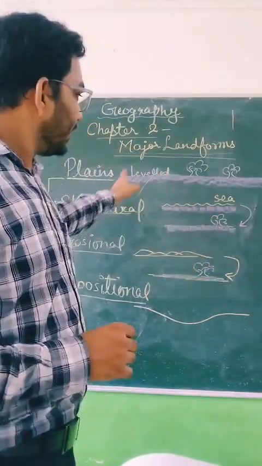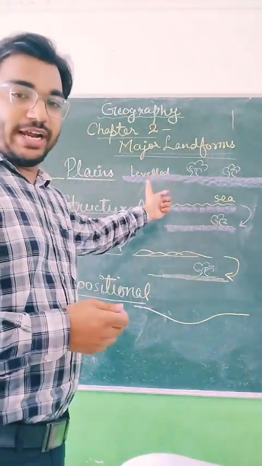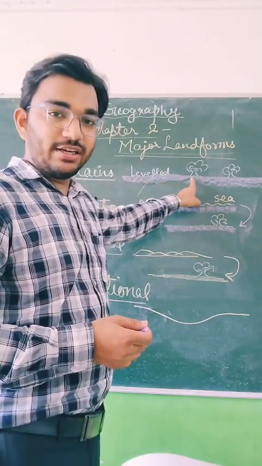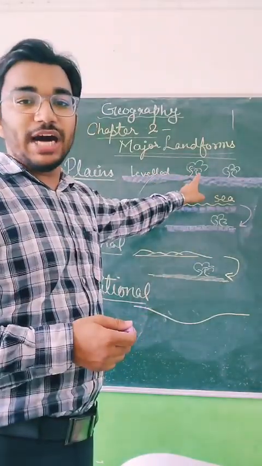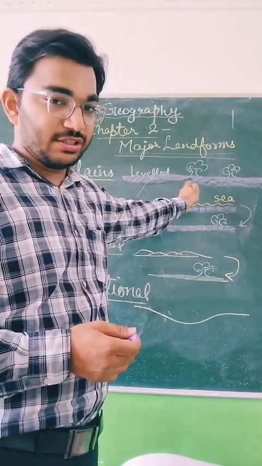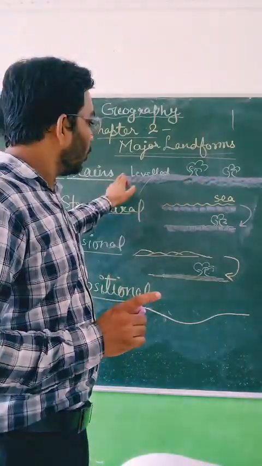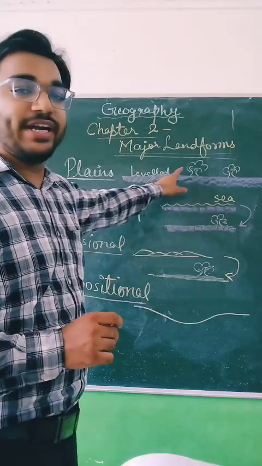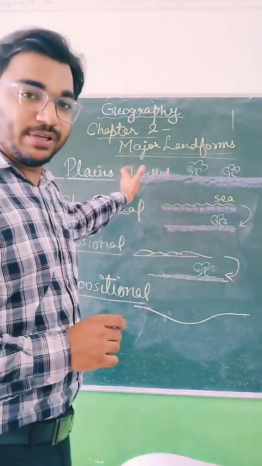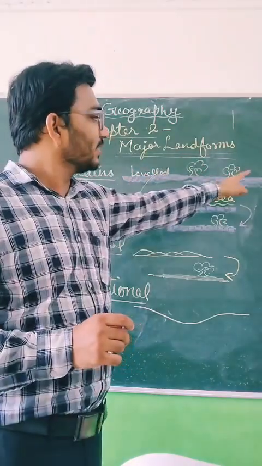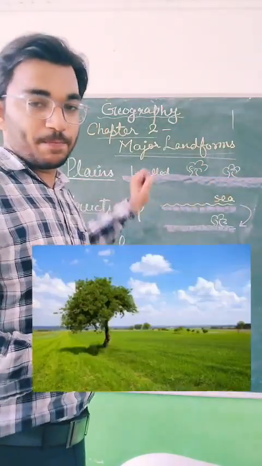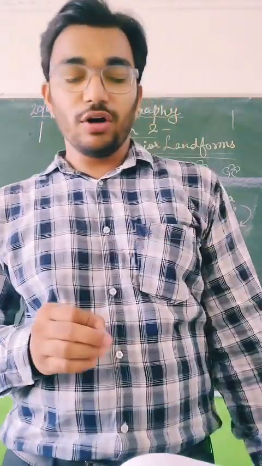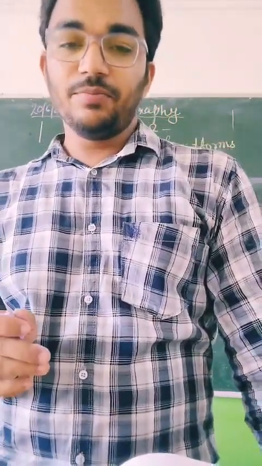If we want to define what plains are, plains are simply vast stretches of leveled land. The land is quite leveled without showing much change in elevation. That means the whole stretch of the plain does not have much elevation. There you won't find any plateau or mountain, just a simple planar surface in a broad region. Plains are hundreds and thousands of kilometers long in a stretch,